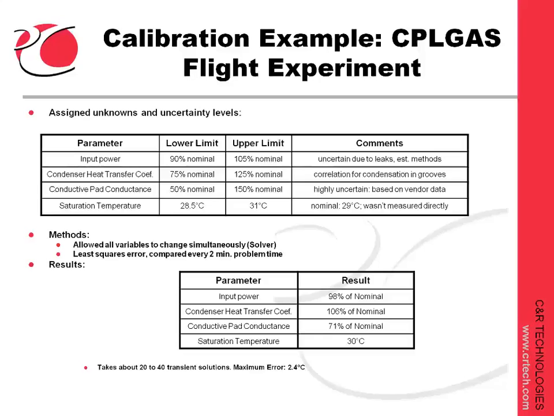You'll see the input power was about right. Maybe a little heat leak happened, but the uncertainty in the measurement was small. The saturation temperature was off by at least a degree. The incoming ammonia vapor was a little warmer than expected, so it was probably just measured at the outside of a tube and not within the fluid